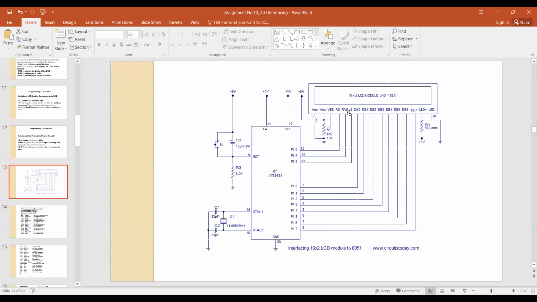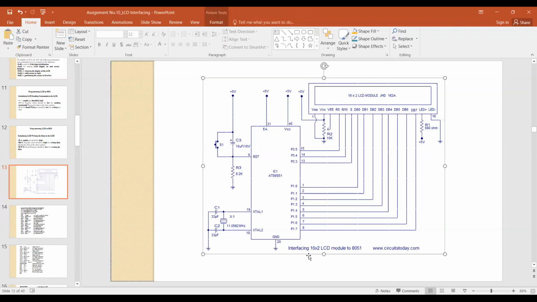So port 1 has the RS, RW and E connection, and port 2 has the DB0 to DB7 connection. Getting this? And because of that, we said that the value of A we send to P2. A is nothing but the 38 value. Right now in A, 38, that is the command code, and that we send to P2. So the command code, that means this data value, we are sending to port 2. Any problem with this?